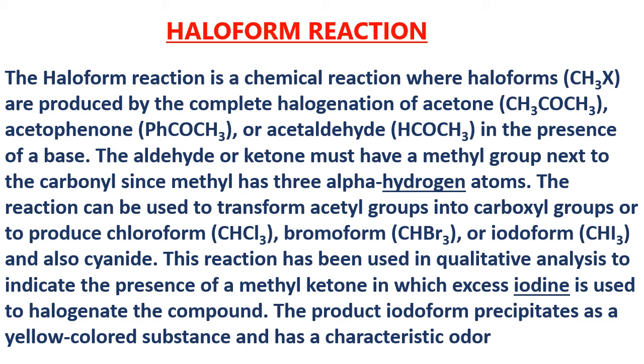Okay. So what is haloform? Haloform is a compound. Chloroform, bromoform, iodoform, fluoroform: CHCl3, CHBr3, CHI3, CHF3, all these are called in general haloforms. If it is CHCl3, it is chloroform; if it is CHBr3, bromoform. So depending upon which halogen is there, that name is given. But in general it is called the haloform reaction.